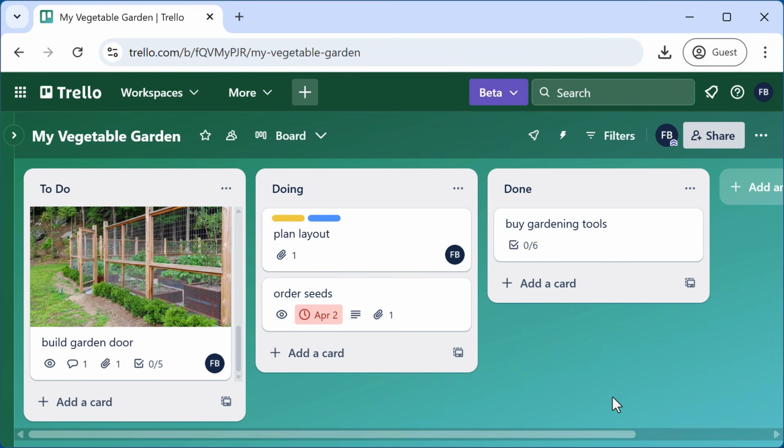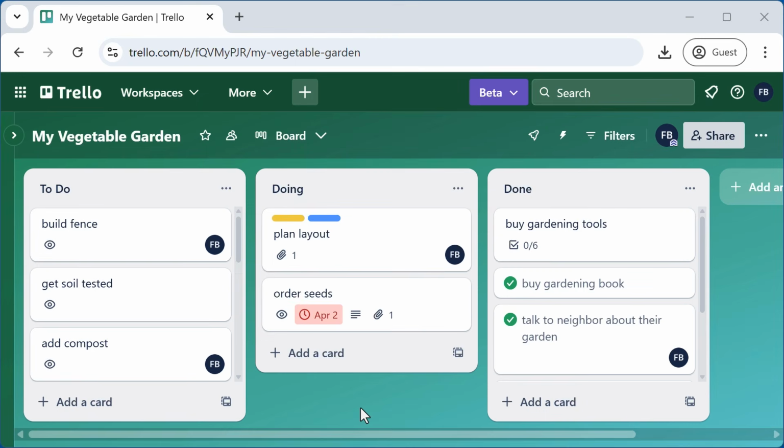If you're not happy with the background of your Trello board, pause the video and go ahead and try adding a photo or using a different color. Sometimes, instead of seeing all of the cards on the board, you might want to apply some filters so that you only see cards that meet certain criteria. In my example, I want to make sure every card has a due date. So it would be useful if I only saw the cards that didn't have dates assigned to them so that I would know which ones I need to add a date to. I can easily do this with filters.